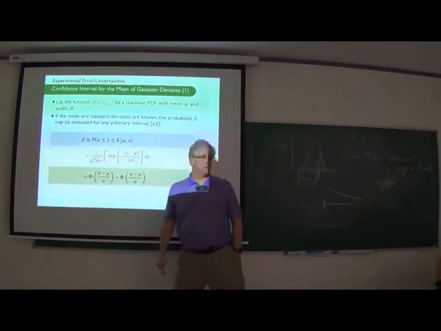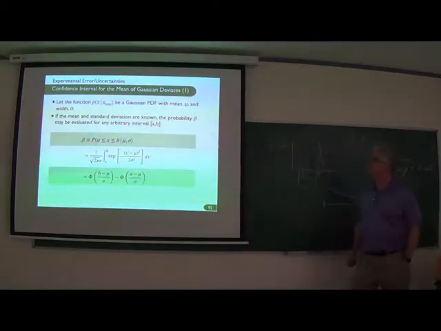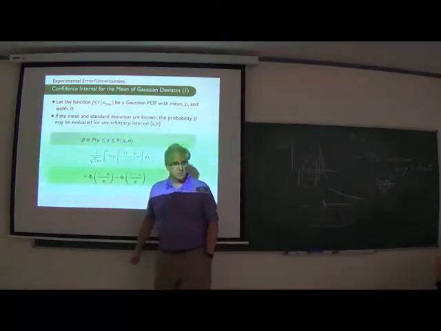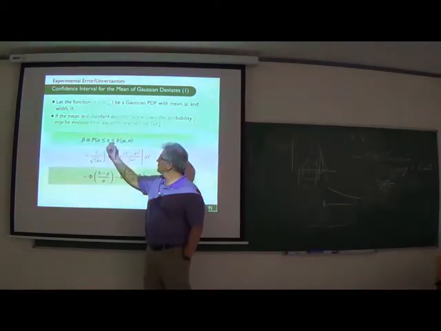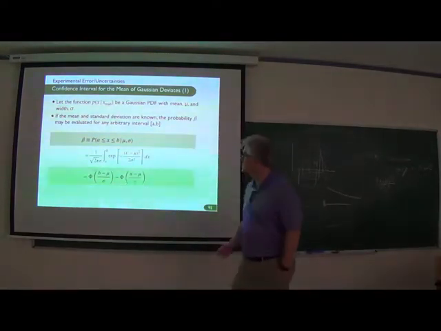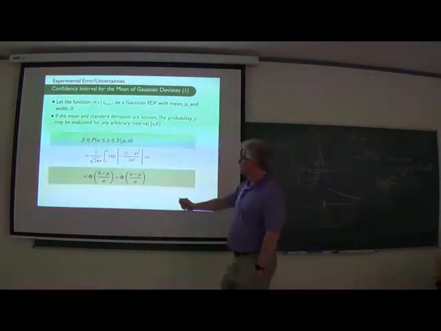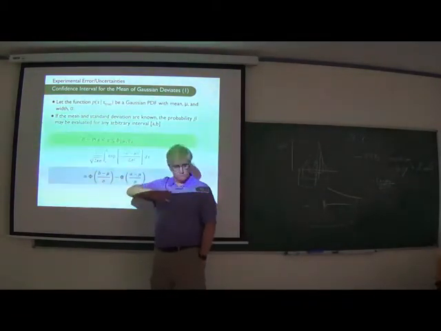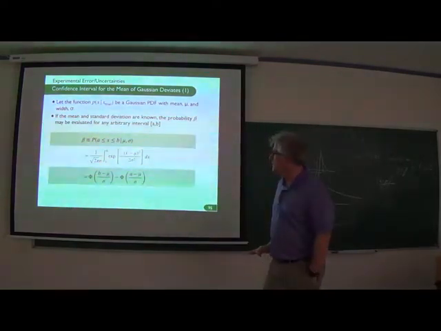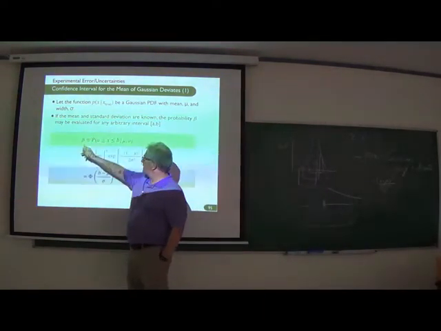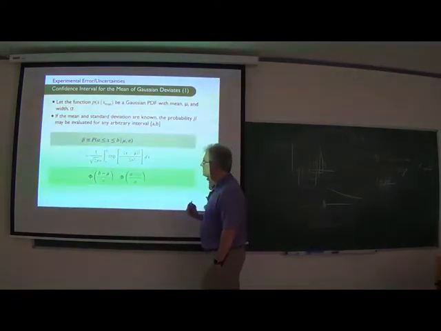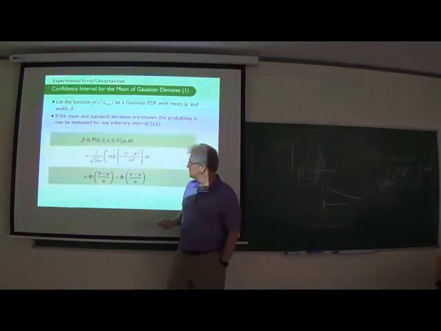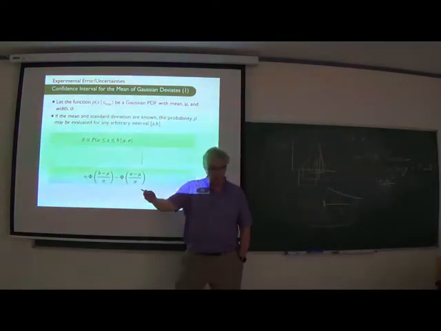If the PDF of the measurement of x is a Gaussian, then I would be inclined to choose an interval A to B that I would express in terms of sigma, but I don't have to do this. In general, I can let A and B be completely arbitrary, and there's an infinite number of ways I can get beta. How so? Well, this integral here is the difference of cumulative integrals, and I showed you that the cumulative integrals are related to